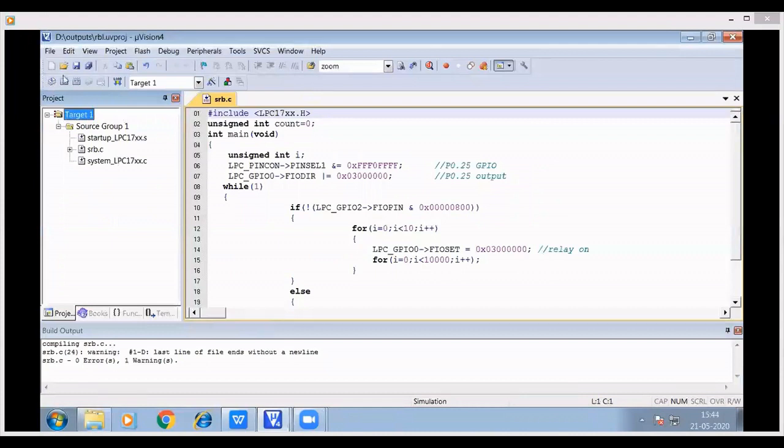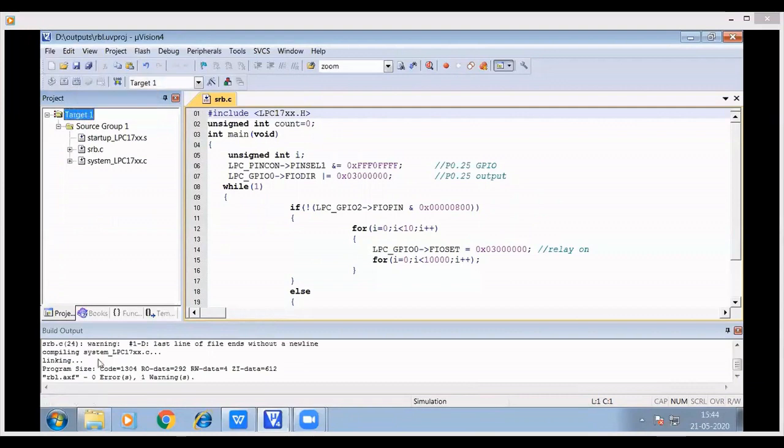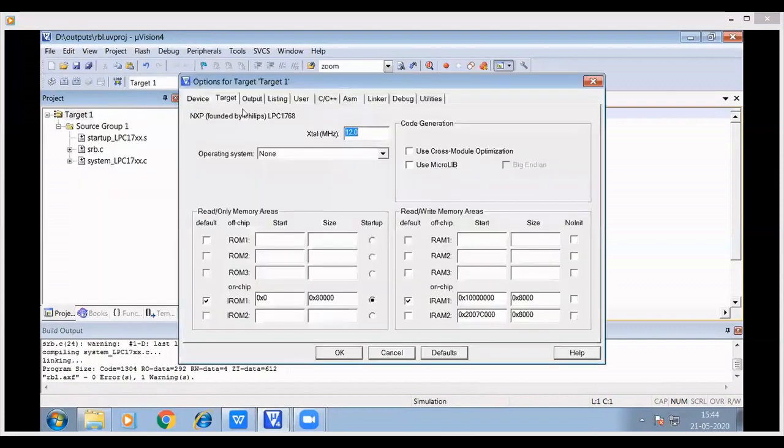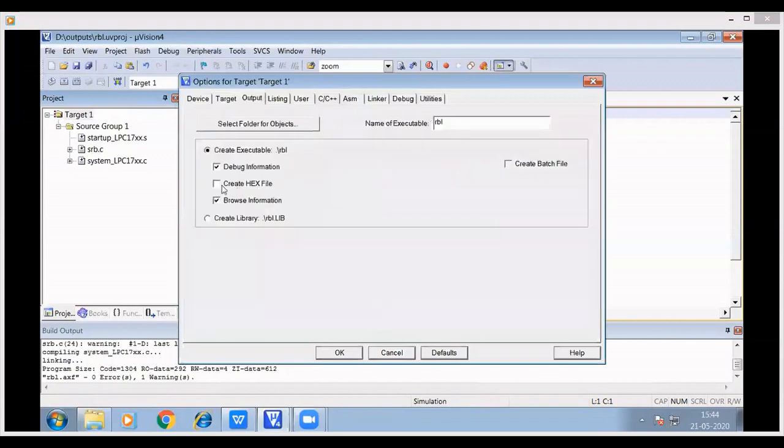So translate, errors or warnings would be displayed. Now build and rebuild for linking your program. Once the program is linked, to create the hex file, now go to target, right click. In the right click options, go to output. You have the create hex file option, check that.